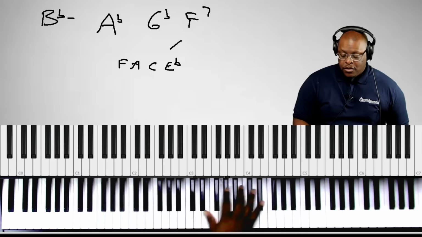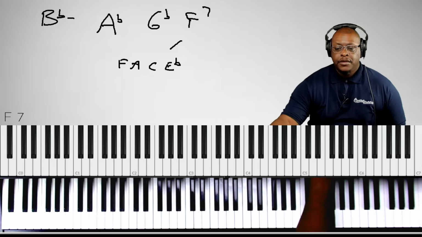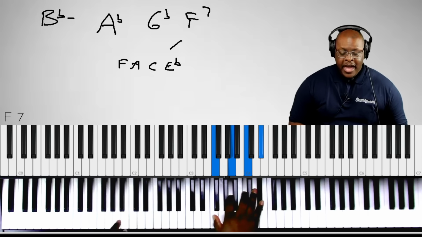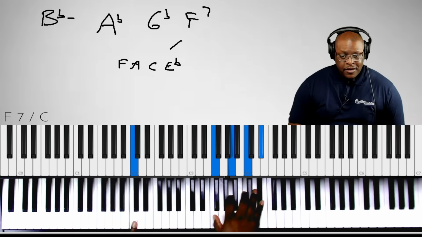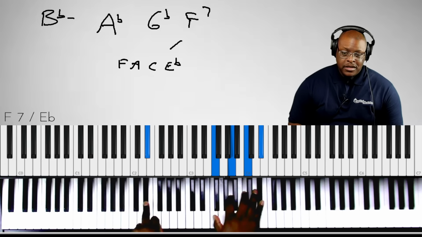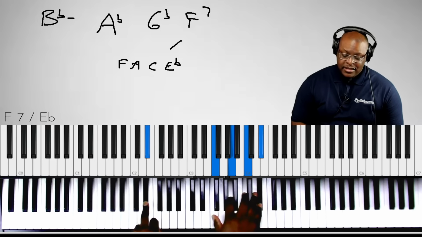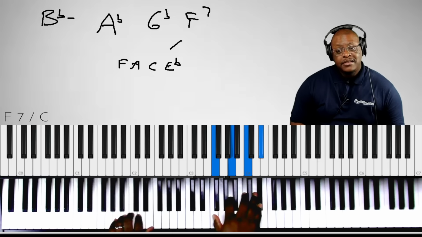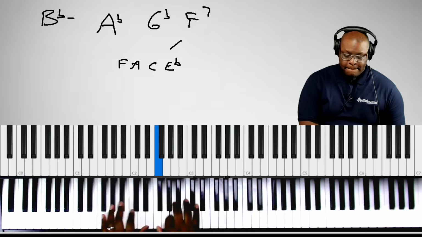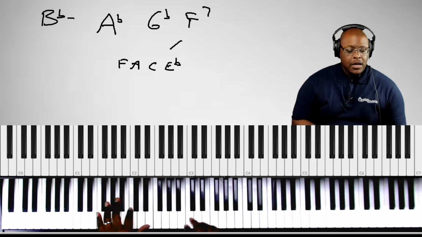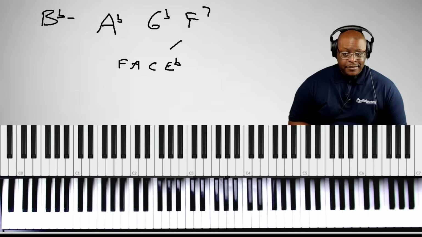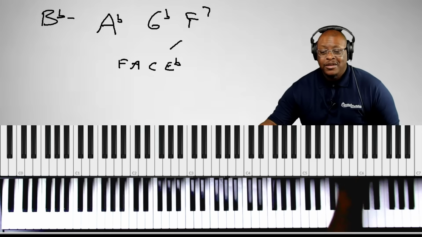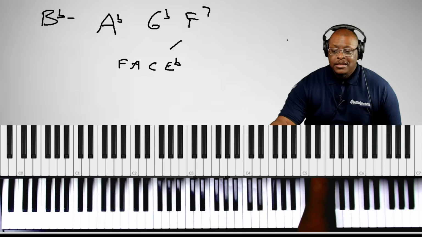So I can play an F7 chord, right? But if I put the A on the bottom, now it's first inversion. Now it's second inversion. Now it's third inversion, right? I don't have to change the right hand to invert the chord. The root is what has to change, right? Okay, so I'm going to change what's on the bottom, right? Maybe I might do a little more. I might invert a few chords. Okay, so let's have some fun.